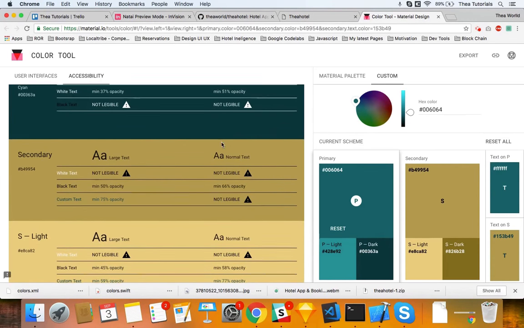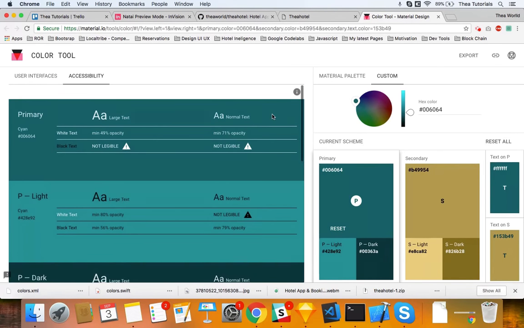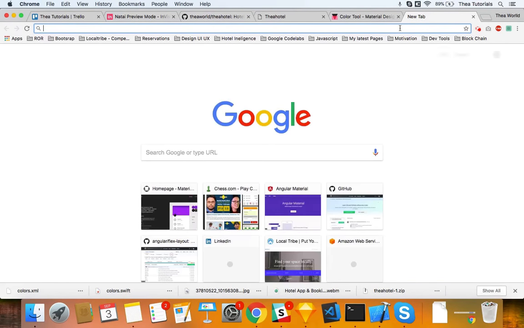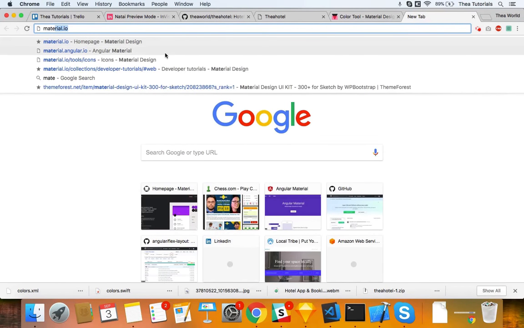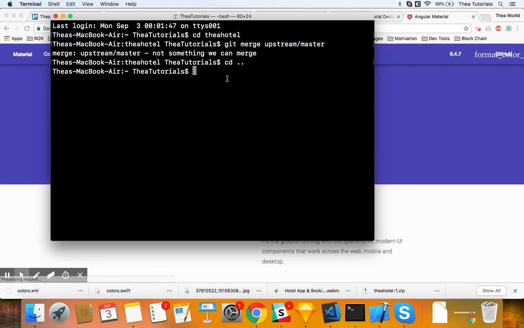So today we are going to continue with our theme. And of course, last time our theme was so generic. I mean, how do you create a new theme? It's just like, okay, yeah, you can create a new theme, sure, but you have to use our palettes. And it's just like, no, thank you, because we want to make our own palettes. So we are going to go to Material, the angular.io, and then we are going to also